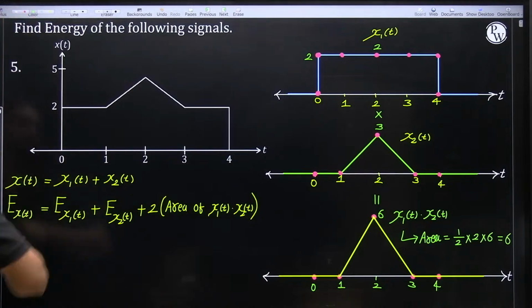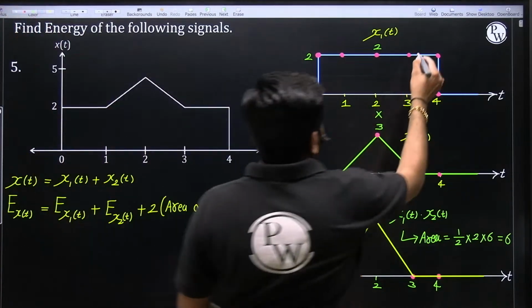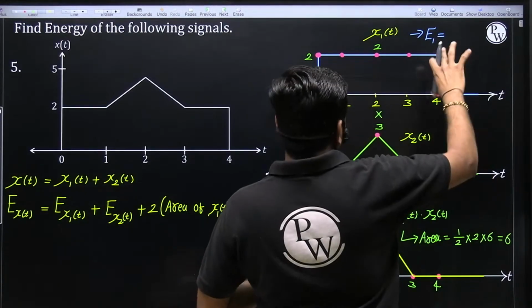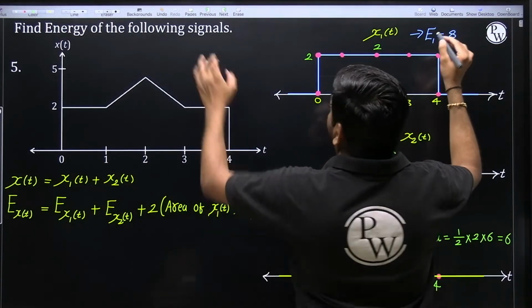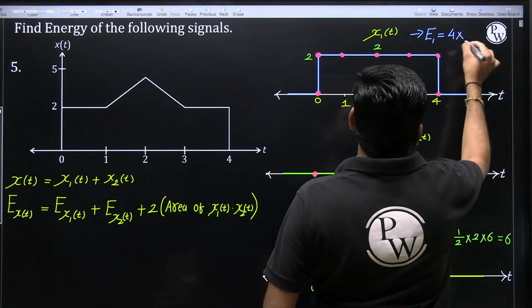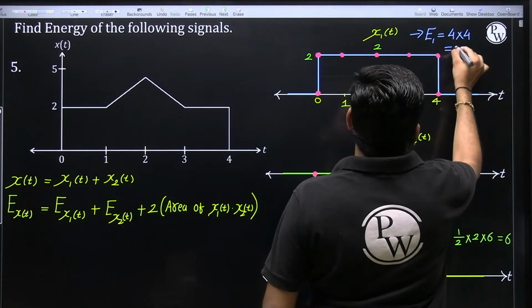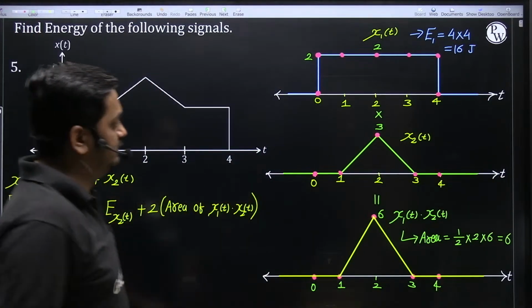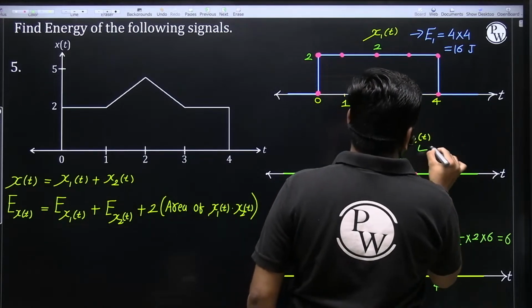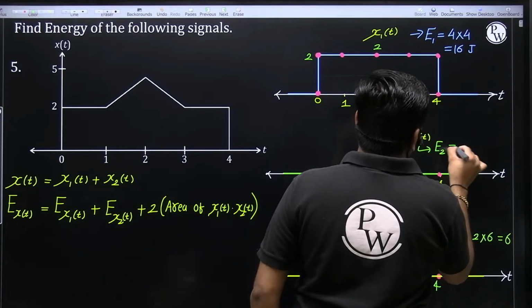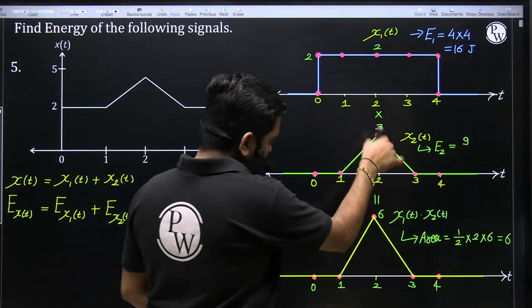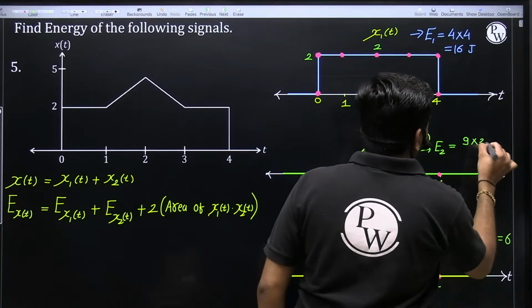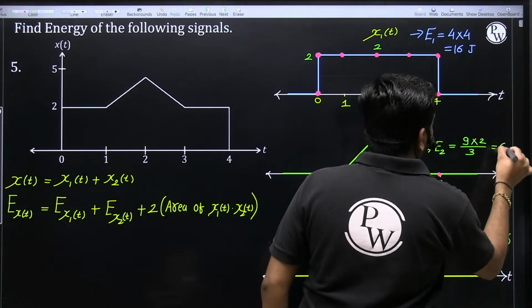Now what is the energy of the first signal, guys? The energy of the first signal is peak value square into width, that is 4 into width, which is 4. It is nothing but 16 joule, correct? 16 joule. What is the energy of this triangle function? The energy of this triangle function is peak value square, that is 3 squared, which is 9, into 2 divided by 3, which is equal to 6,